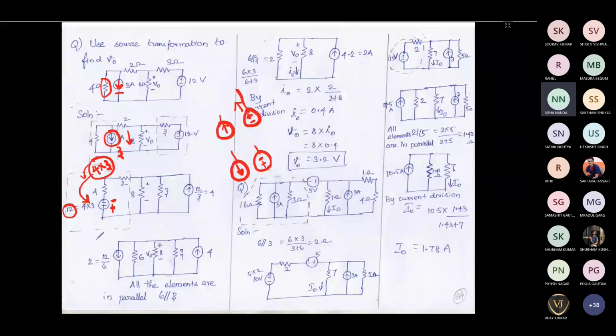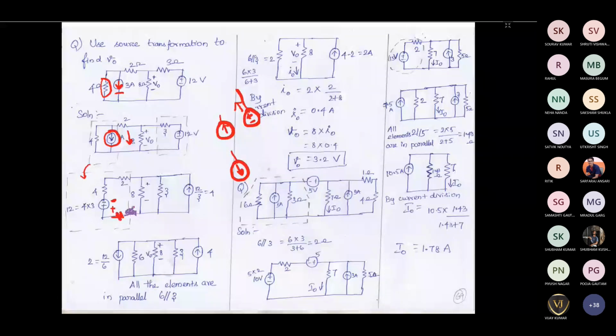Okay, then you are having a 4 ohm resistor. You can see here that I have drawn the 4 ohm resistor here. Even if I draw the 4 ohm resistor here, it does not make any difference, because whatever the current flowing through this, same current will be flowing through this 4 ohm resistor. Okay, so you can see this part. For example, if I connect the 4 ohm resistor here, or if I connect the 4 ohm resistor here, does it make any difference?